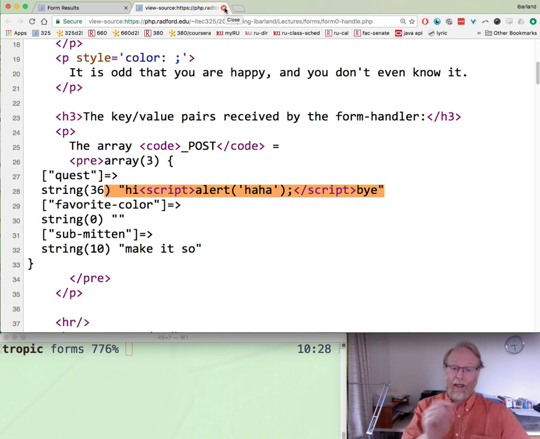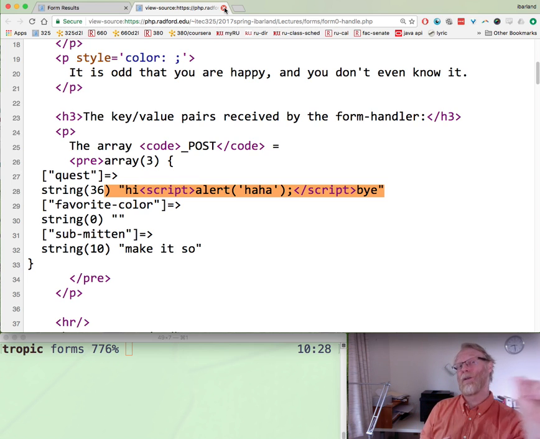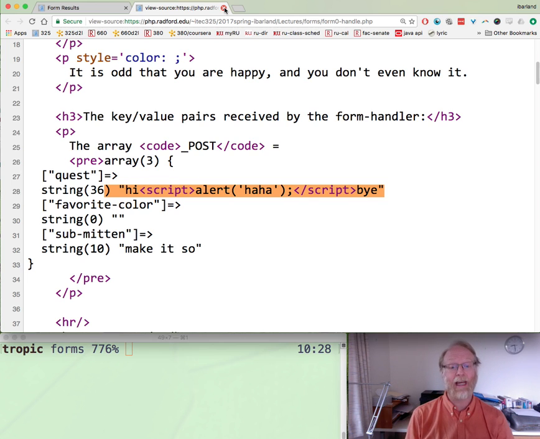So, solution, go ahead and sanitize the input. Now here's the little wrinkle though. What if it's the days of the early web and you fear that people aren't sanitizing their input? And maybe it's not even just the script tags you're worried about, it's SQL injection. People are inserting into the database like we will be in the future. Well, here, if you're writing PHP, here's the wrong solution. It's a solution, but engineering-wise, it's placed at the wrong place in the whole chain,